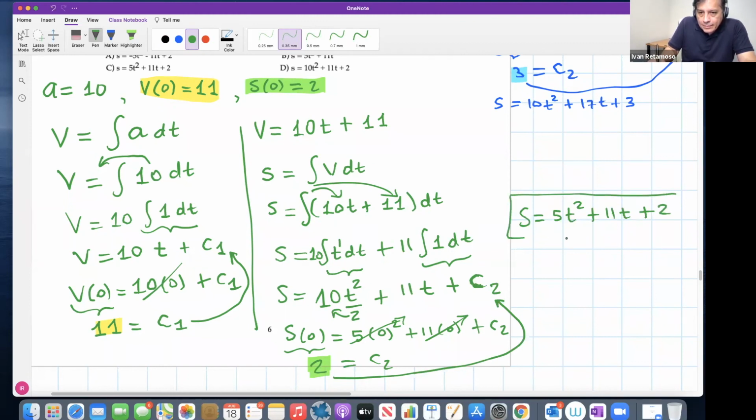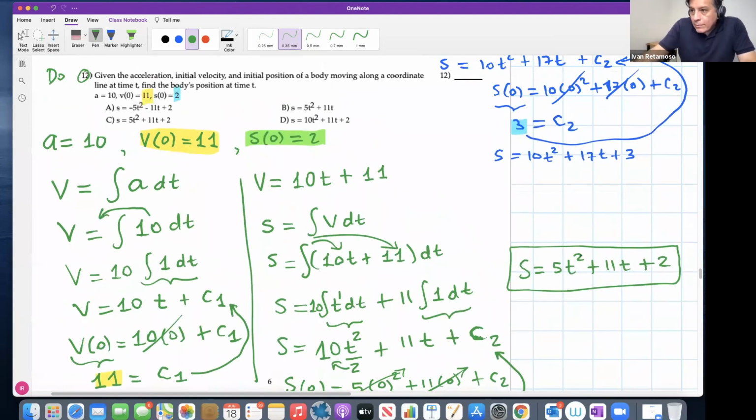This is it. Good, looking through now for 12, you can see that it is here, 5t squared plus 11t plus 2. Very good. Always be careful when you choose your answer, guys. They're very close to each other. Look, go there, right? 5t squared plus 11t plus 2. Sign and quantity should match, right? Very good. Okay,